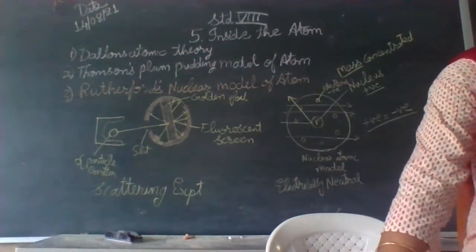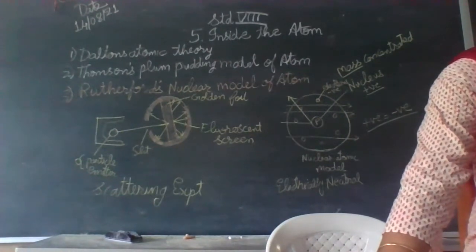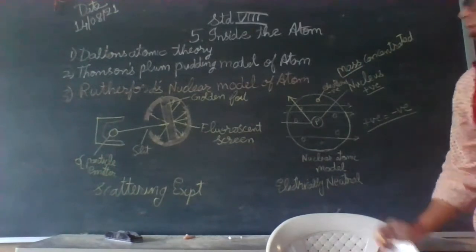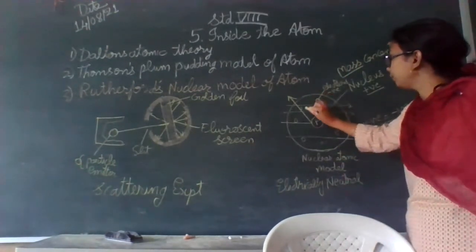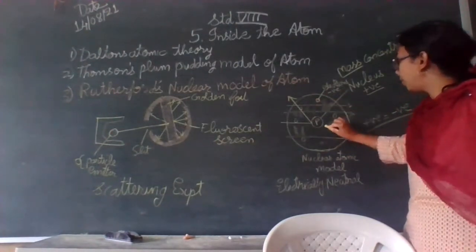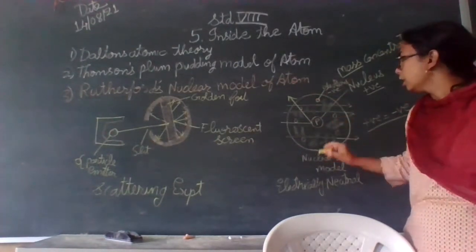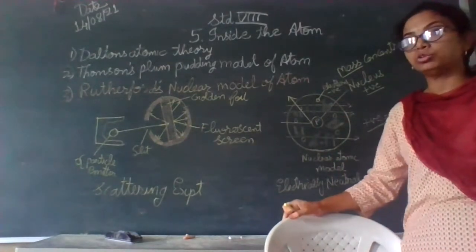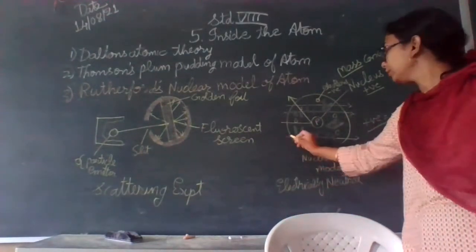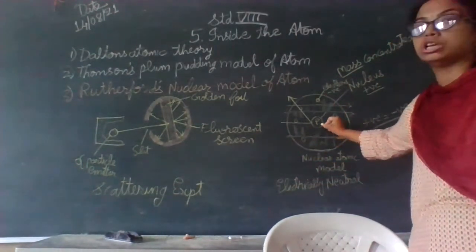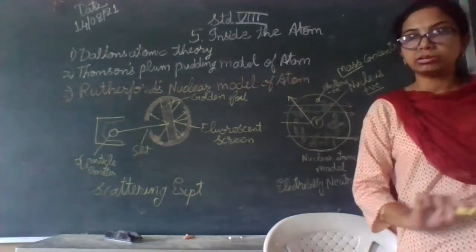And there is empty space between the revolving electrons. You can see the space between these electrons is blank. There is nothing. In that case, there will be no obstruction and no scattering. Simply, the rays can bypass. But if they fall on the nucleus, they are going to get scattered.